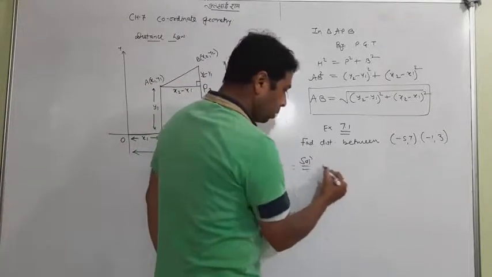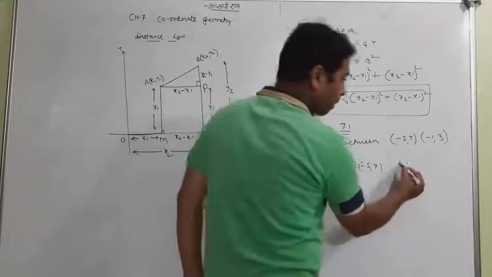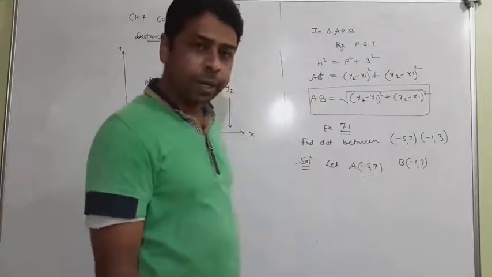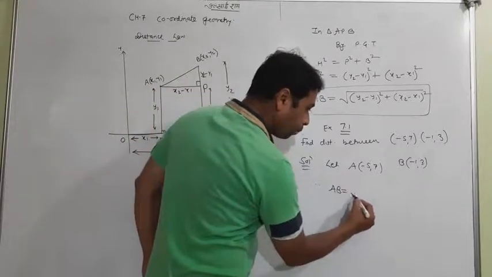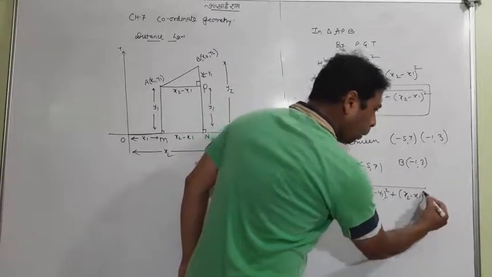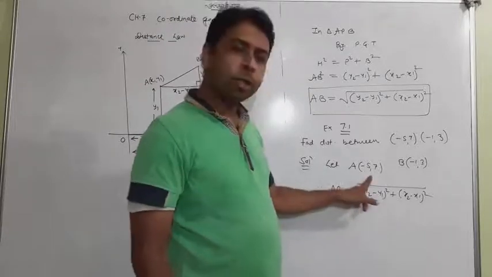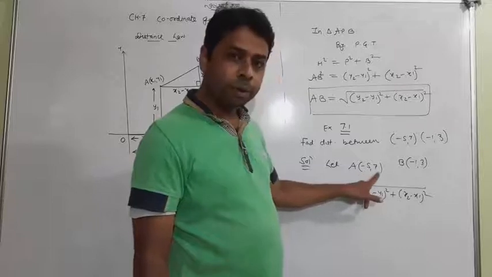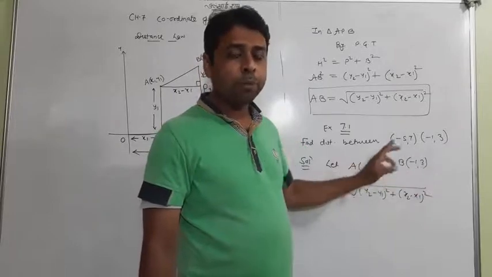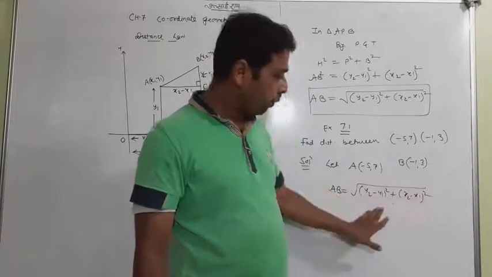Look at, you say first let A is (minus 5, 7). First point named A, second point named B. And you want to find the distance between A and B. So write the distance formula, and I tell you one thing, don't try to compare much and more. It only creates doubts and confusion. So you should understand the first point is called x1 y1, the second point is always x2 y2. You can also consider reverse, but if you admit me, the first point should always be considered as x1 y1 and the second is x2 y2.